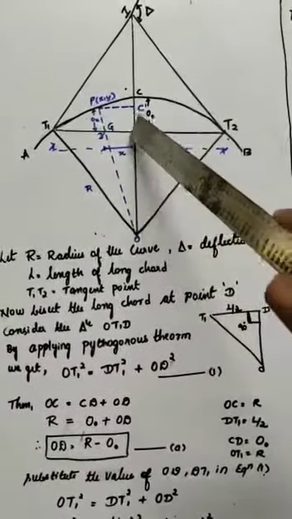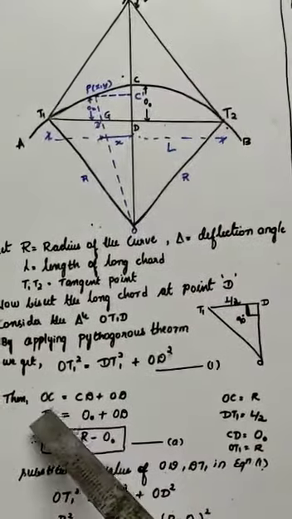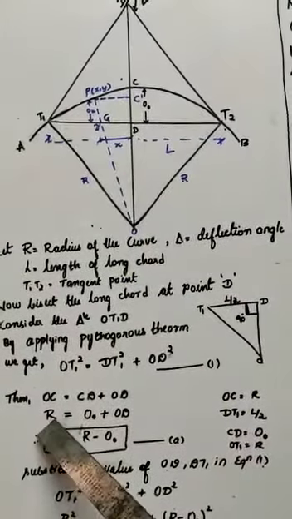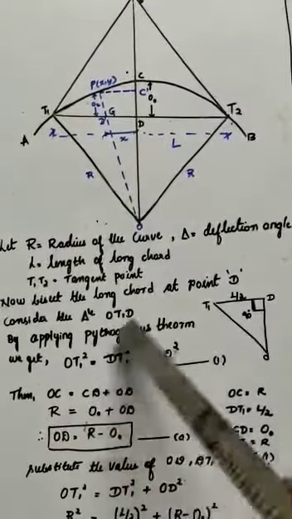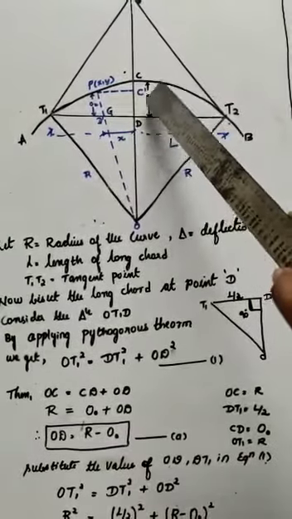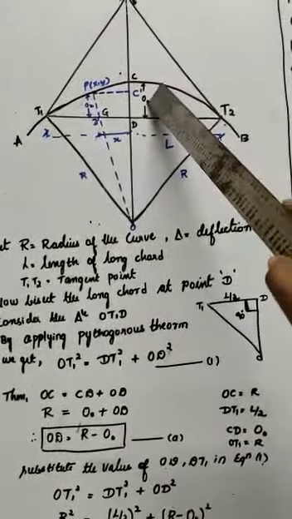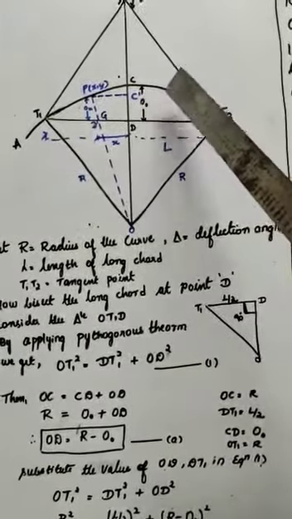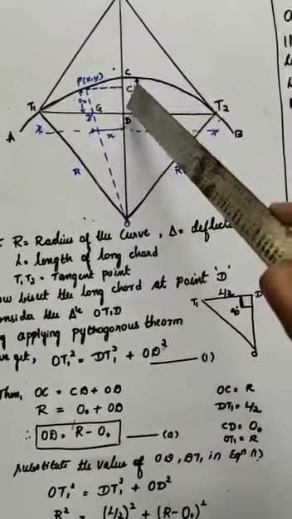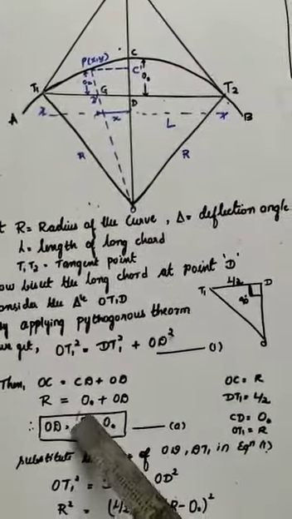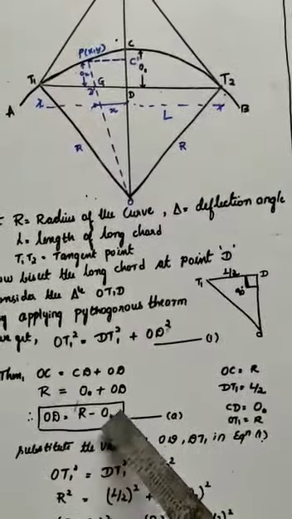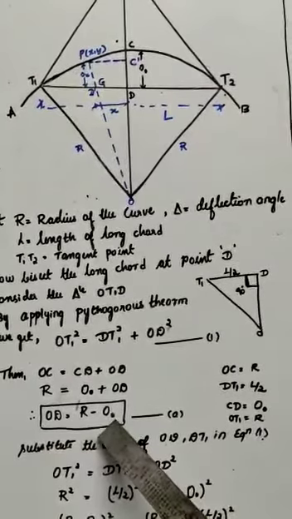Distance, that is O to D. So you have taken this, substitute OC. O to C is nothing but the radius of the circle, hence it is substituted as R. And then CD, that is C to D, it is an ordinate, the mid-ordinate, that is represented by O naught. Okay, O naught, that is the ordinate at a distance 0, that is at the middle, that is substituted here, plus OD. So finally you will get OD as R minus O naught, that is O at the base 0.